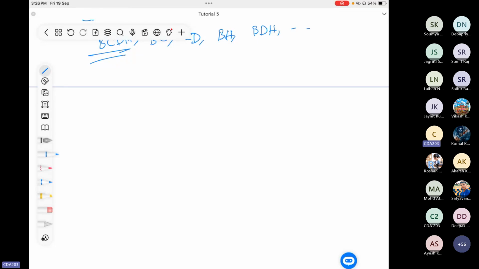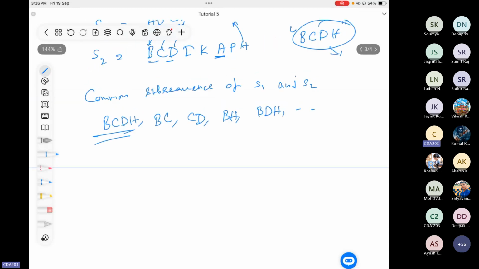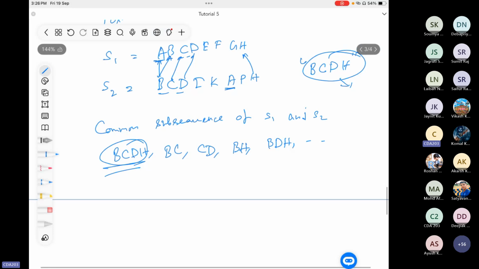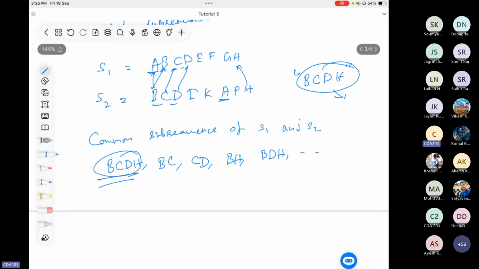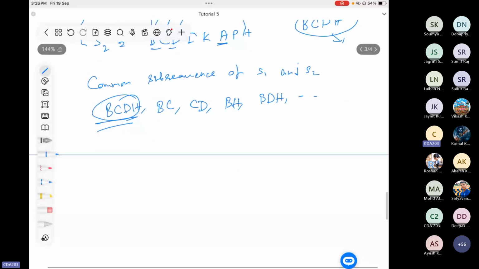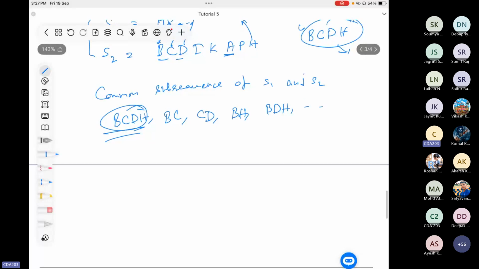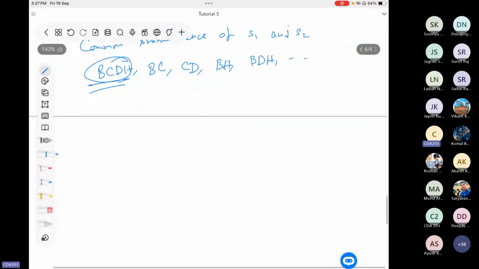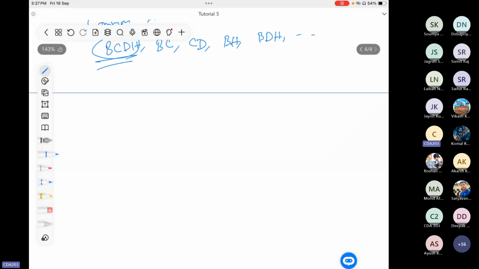Yes, that's why it's the longest common subsequence. It's longest because of its length. The length of the subsequence is the number of elements in here. So it has 4 elements. And you can see that there are no common elements more than 4. You cannot find a subsequence greater than 4 among S1 and S2. That's why it's the longest. So you are interested to find this kind of subsequence, BCDH. The problem is that you have to find this subsequence, which is the longest